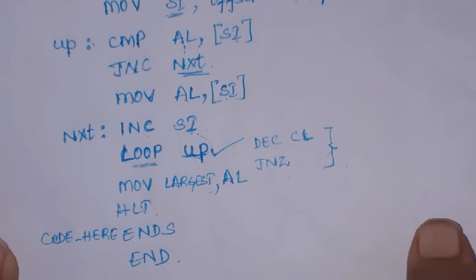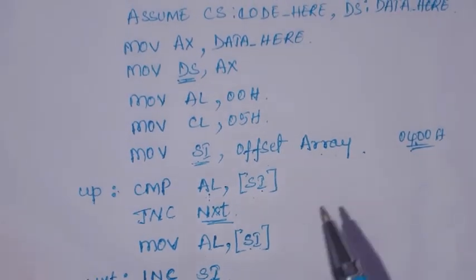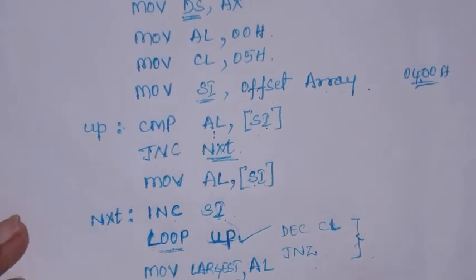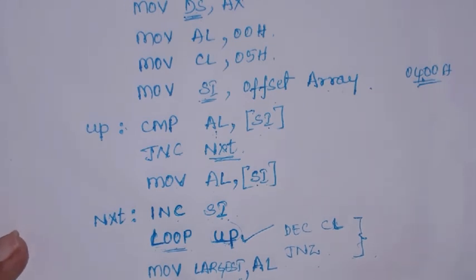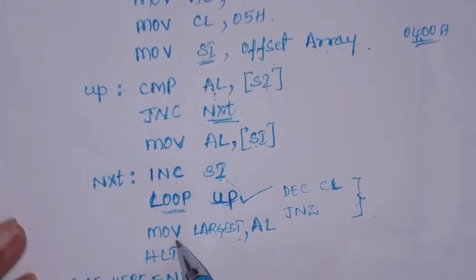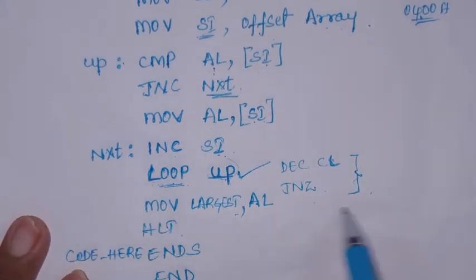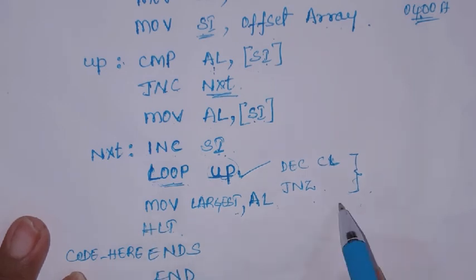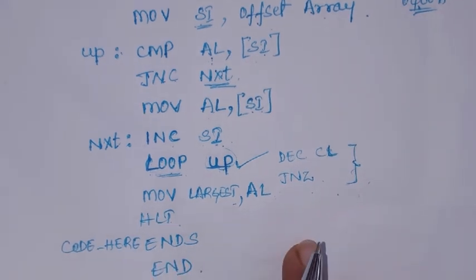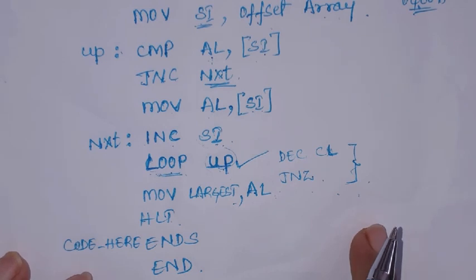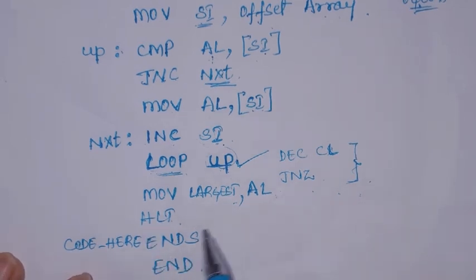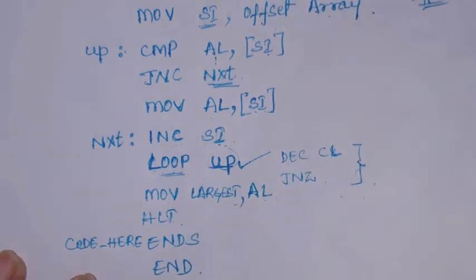So this is the program to find the largest number in an array. Here you can make the program more readable and user friendly also. Like I can write some instructions so that it will display the largest number is so and so. For that we should know the BIOS functions, so that BIOS function calls are to be made to write the program in that way. For now we'll see that later. For now we can move the contents into the memory location assigned for this.